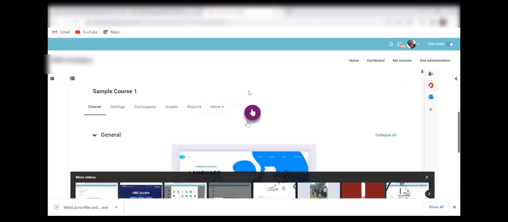Okay, so you note that you don't just add videos, but you can add videos with interactive elements included into them using this particular tool called H5P. So to make it